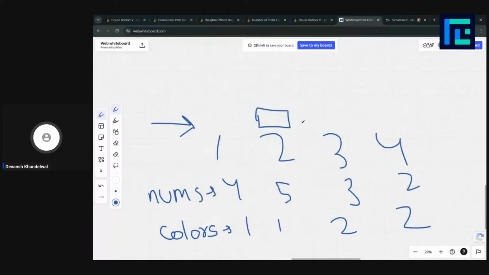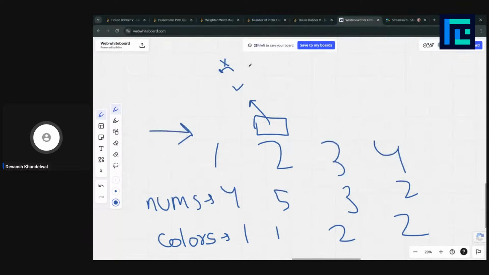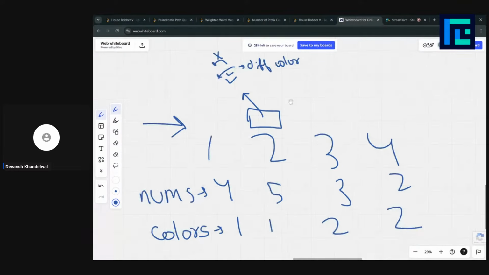A standard take, not-take DP, right? How are we going to decide whether we can take this house or not? We can take this house if the previous one is not taken, or the previous one is taken but of a different color code. We have two options: either the previous house is not taken, or it is taken but of a different color code.